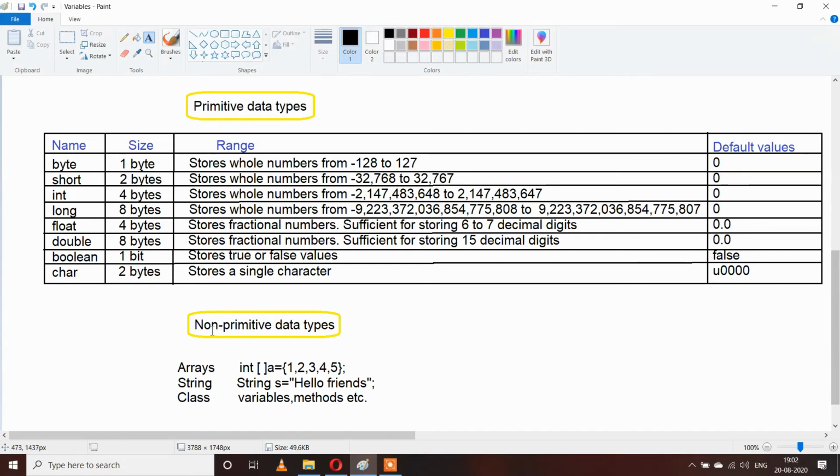Now let's see what non-primitive data types are. Arrays, strings, and classes are called non-primitive data types because they don't have a fixed size. Now let's take an example. If we want to store roll numbers of 100 students, how can we do it?